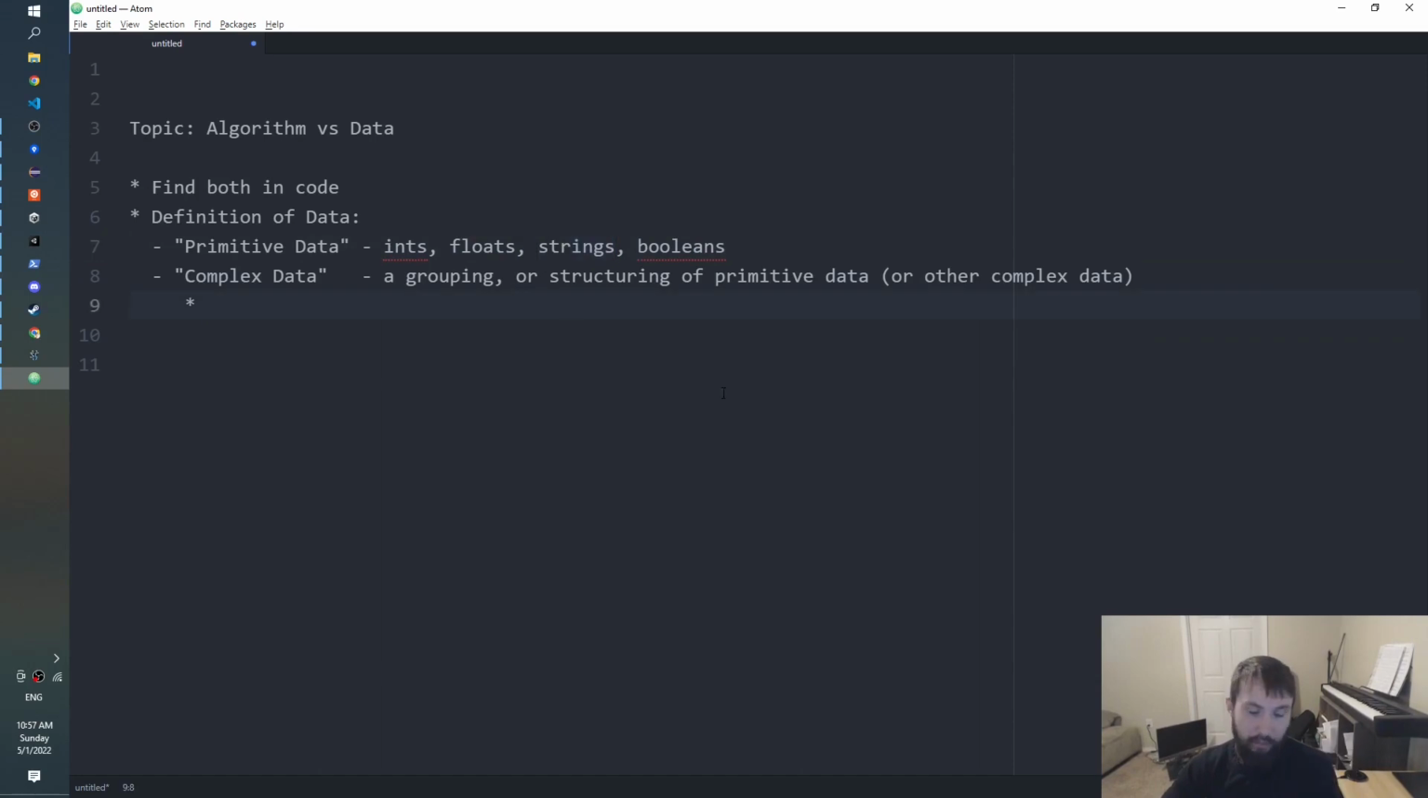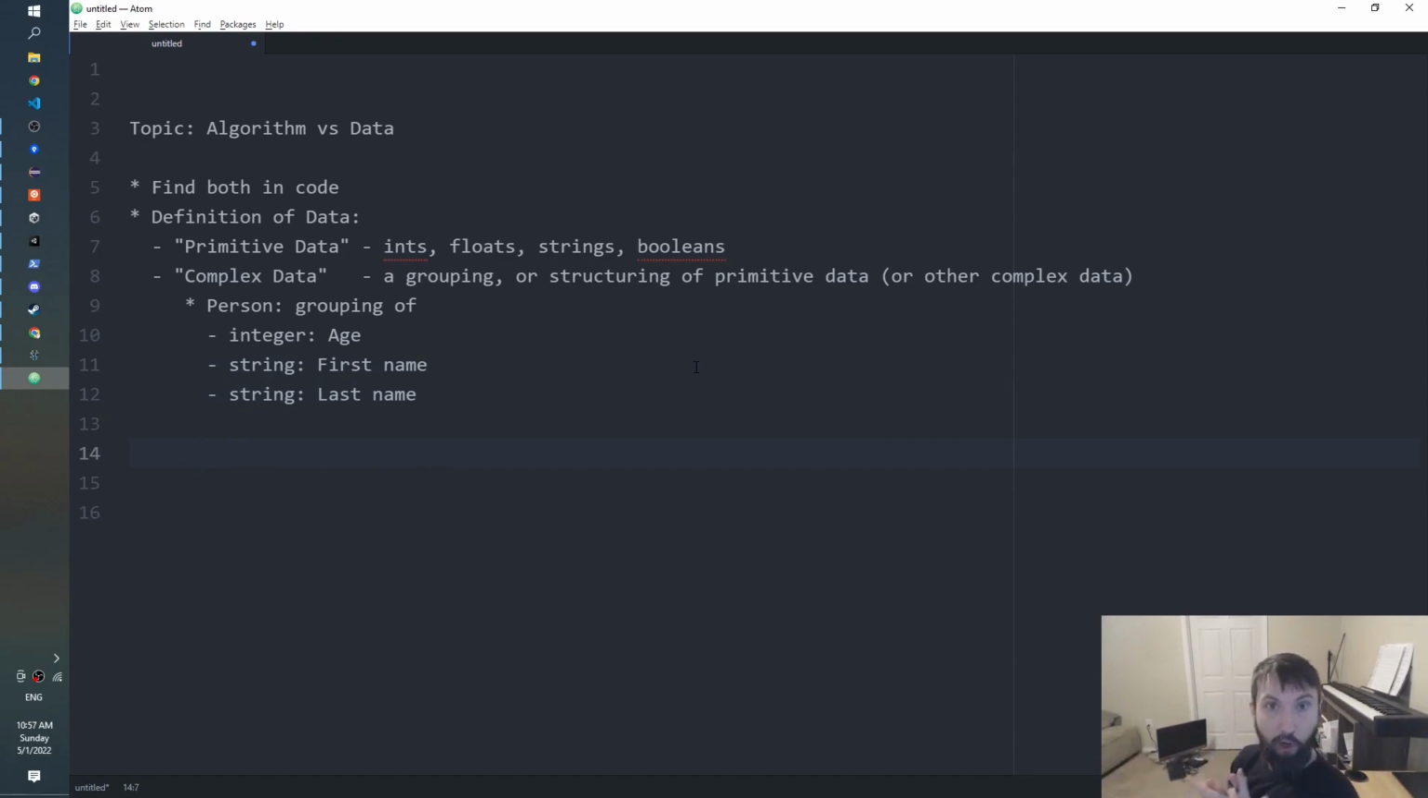So for example, a person might be a grouping of one integer, which is maybe their age, and a string, maybe their first name, and one other string, maybe their last name. You can get much more complicated than that, of course. There are many more attributes of a person that you could model by picking and choosing different simple, primitive data. And just to give you an example of this or other complex data, maybe a person has a parent,